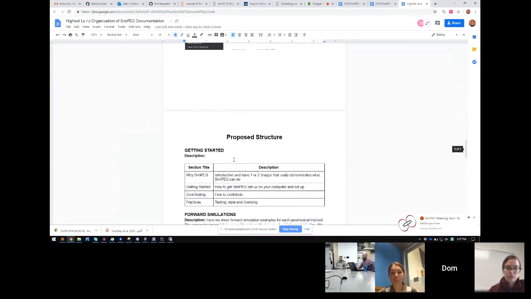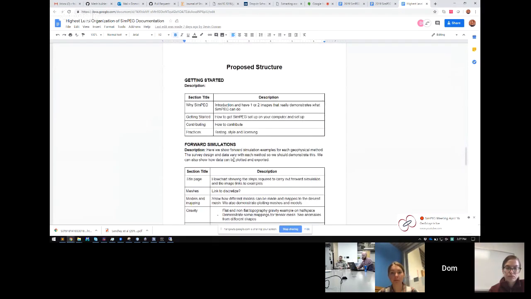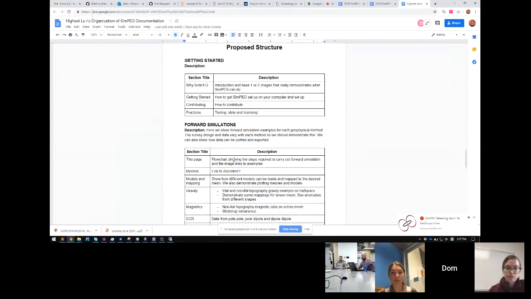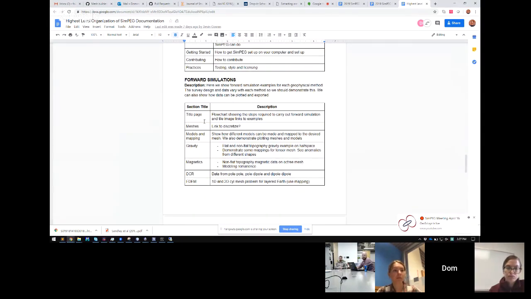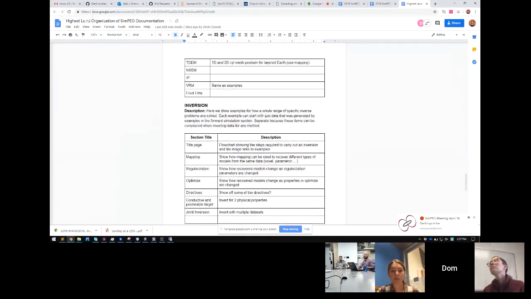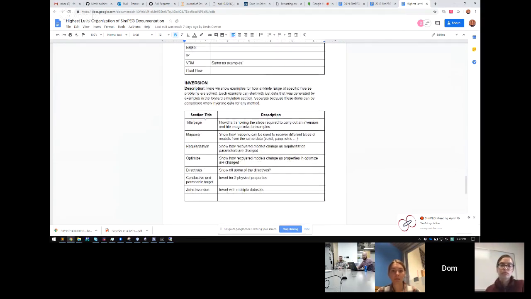Yeah, so I think we want to start with a structure that's pretty similar to what we have for discretize. We'll decide what we think is the best, but I do like the getting started section. I found that to be pretty good for getting things set up on my computer. And then having examples, for forward simulations. It's one thing people really want to use SimPEG for, to predict data for a particular scenario, and then try to show off our functionality for inversion.